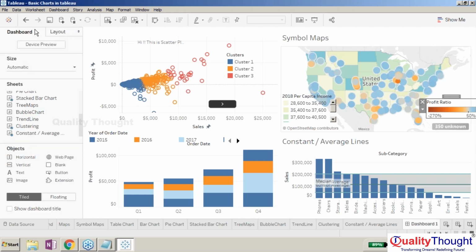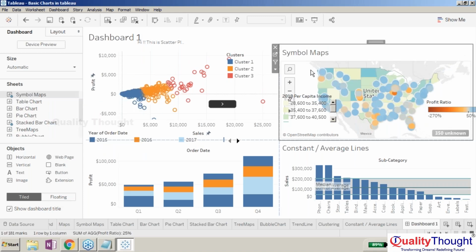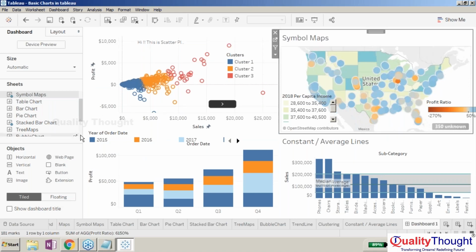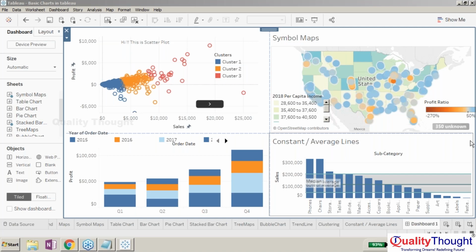Show dashboard title. If you want to see the dashboard title, you can always make this one. If you don't want to show the dashboard title, you can turn it off. And also, I just want to show you something. For example, I just want to see the data in a more different way. Okay, guys, I hope that you understand this one. So, I just wanted to make something more specific. For example, if I just wanted to see the entire stuff like this,